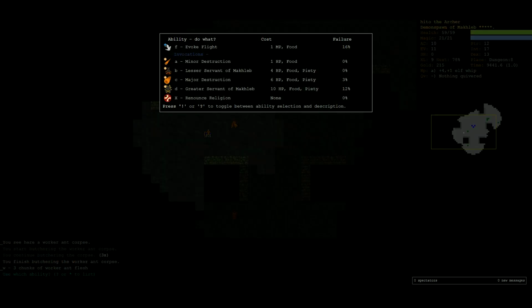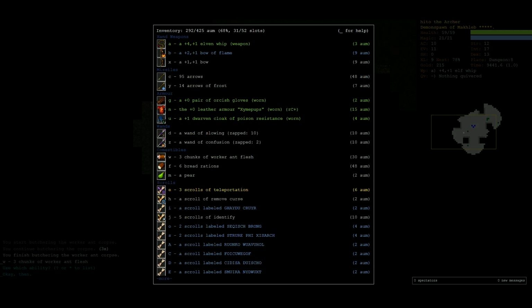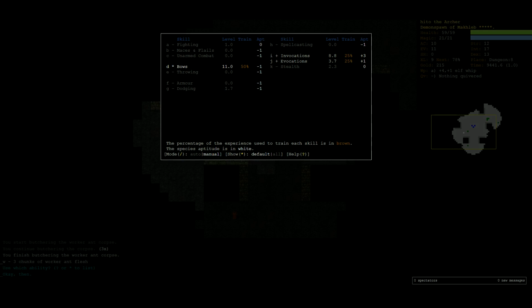Oh, wait, what's a ring of flight at? 16. Okay, we're going to keep training Evo. I think I'm going to get to like 8% or something. Because Evo is just good in general. It makes our wands more likely to trigger and stuff. But you still have to balance that against...